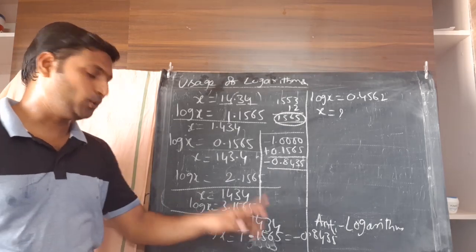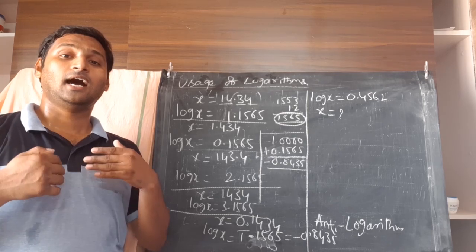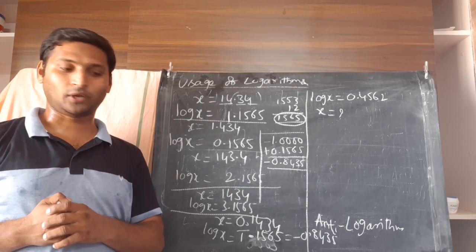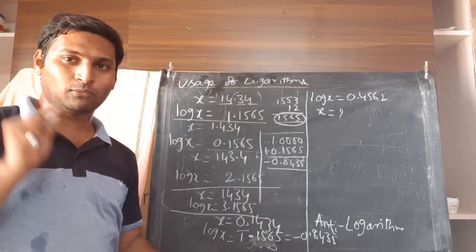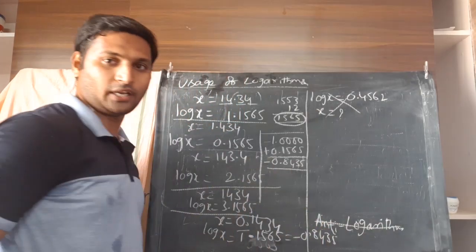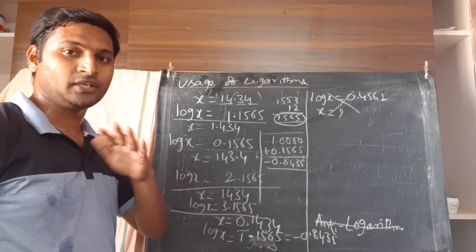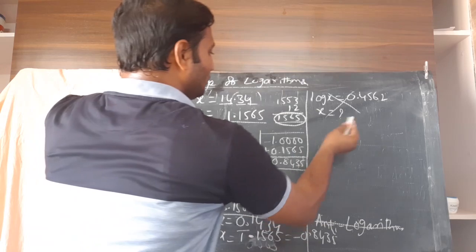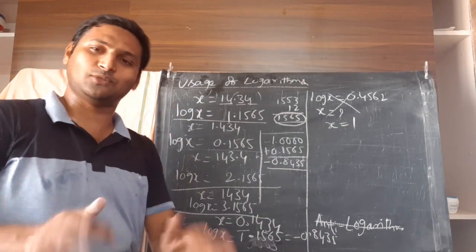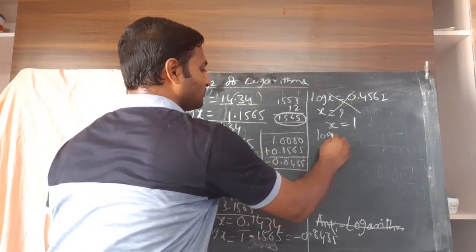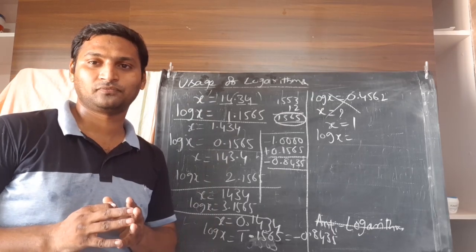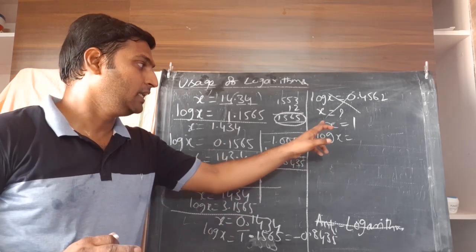That is how you understand writing values of log x if x is known to you. By explaining one more thing about logarithms, I will go to anti-logarithms later. Let's not worry right now. I will go to it immediately. Now you see, suppose x is just 1. Simple, x is 1. You want log x, means you want log of 1. Nothing to worry much.